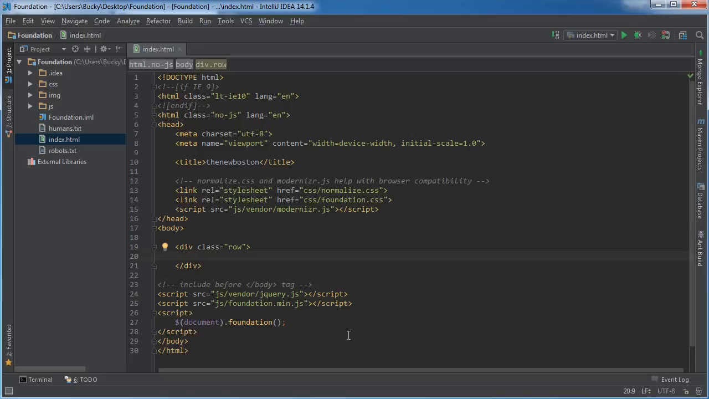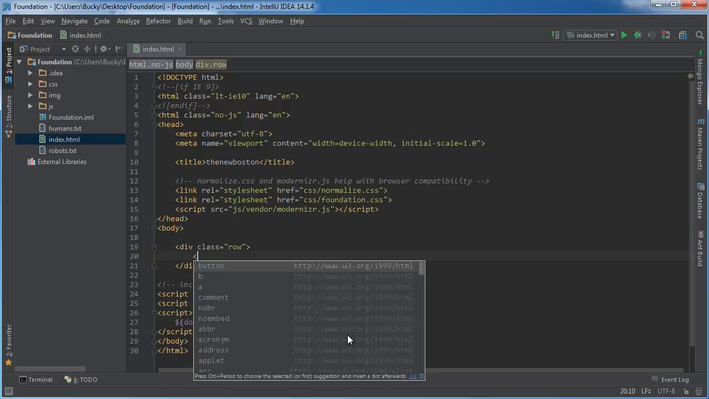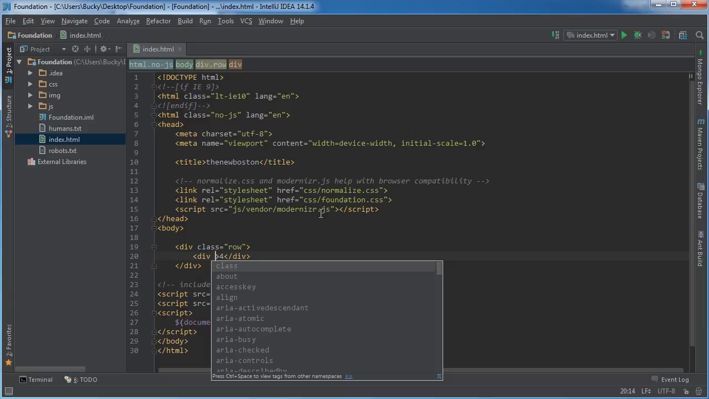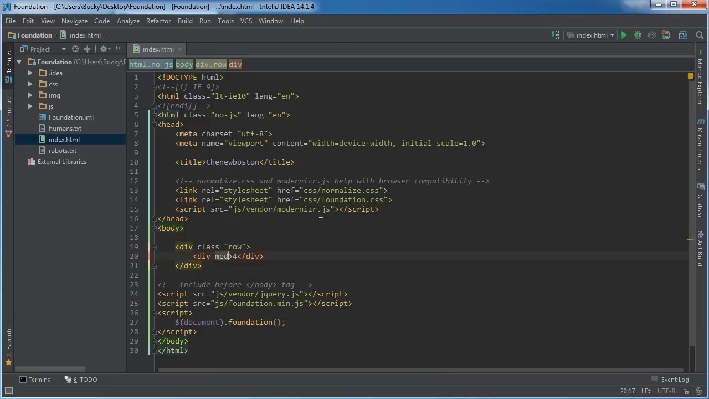You need to have 12 columns. So I'm going to make a div, and I'll just say, let's do 4, 6, and 2. So 12. So 4, and I might as well do it this way. So whenever you make your first column, what you do is you say